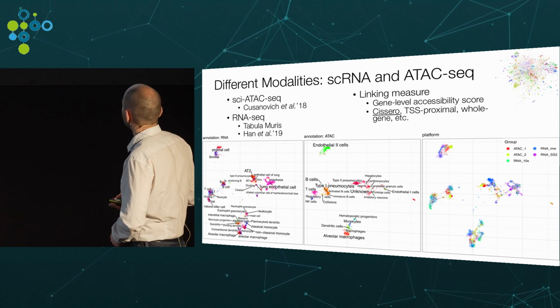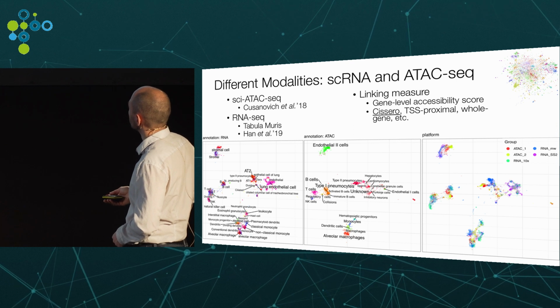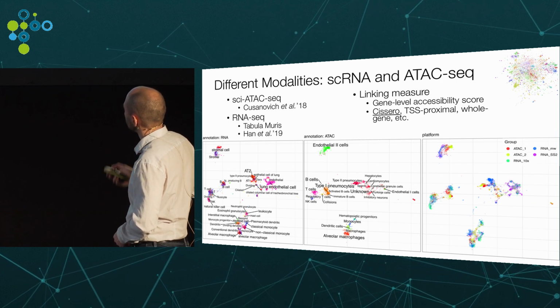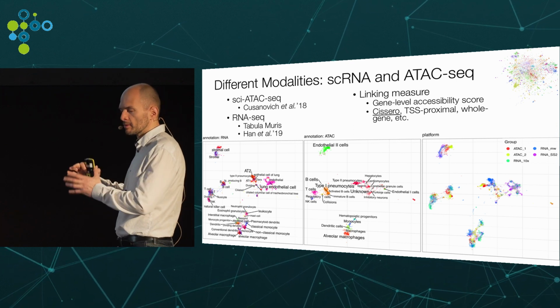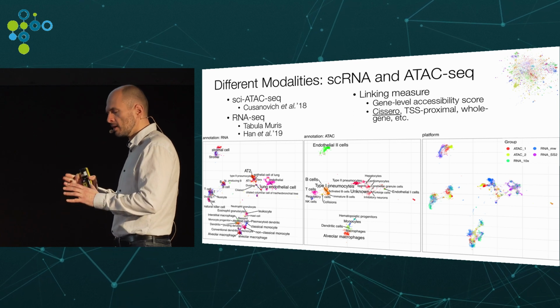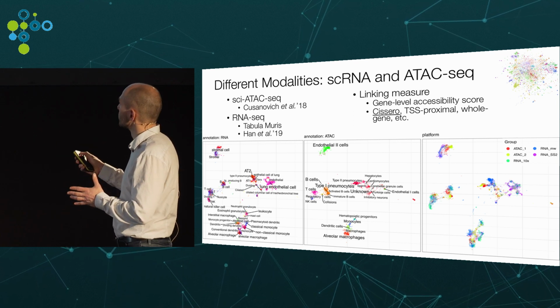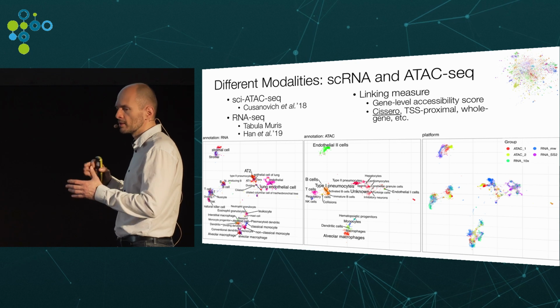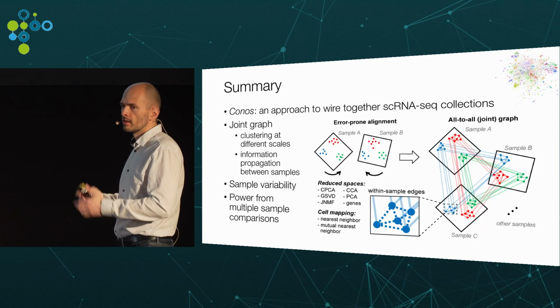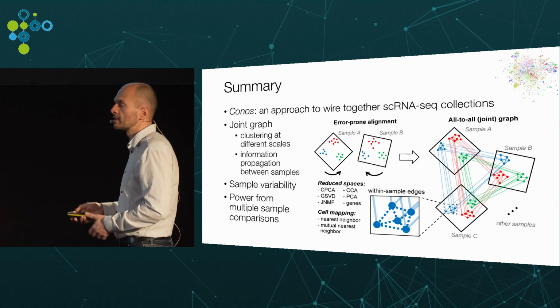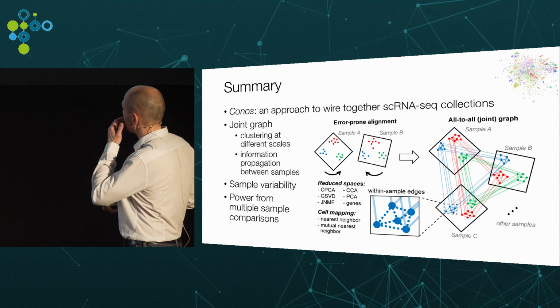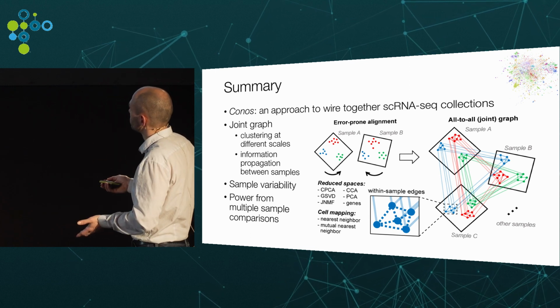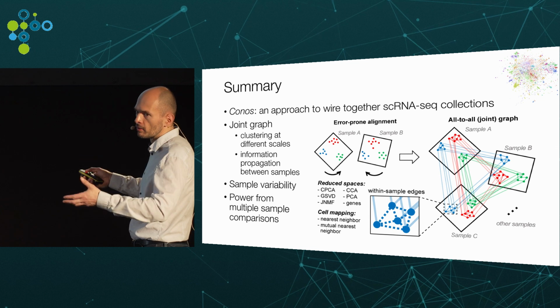And yes, I'm done. Last slide, I think. So I just wanted to caution that you can have a beautiful kind of integration algorithm, but its ability to link across modalities will depend on that initial sort of clue of how these spaces are potentially aligned. All right, so summary, basically, it's a pretty straightforward approach to wire together all the cells in a collection for the purposes of joint analysis,